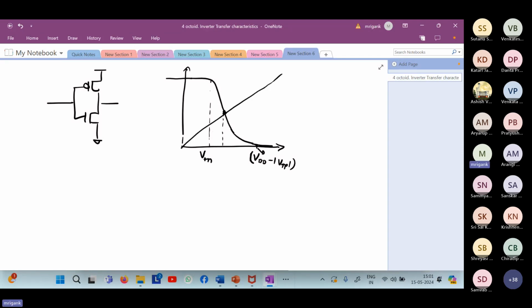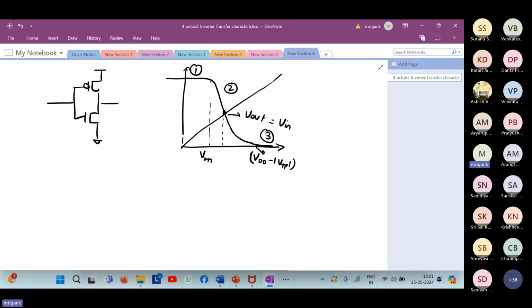Here we have the V out equal to V in curve cutting this particular line. So this is the definition of the trip point. This is V out equal to V in. So at what point of input is V out equal to V in? From the region of operation point of view, I call this region 1, you can call this point region 2, and you can call this region 3.